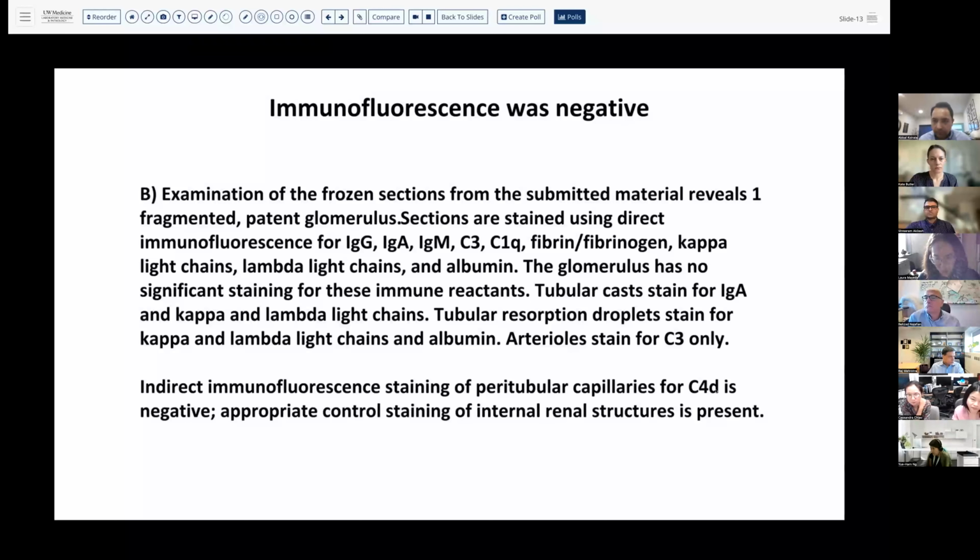And so in this case, this is an example of a negative immunofluorescence report. It sounds verbose, but we want to make sure that we're describing all the features and stains that we do, and that we are describing all the structures that are relevant in the kidney and whether there was any staining or not. You will note that we highlight some staining that is to be expected. For example, tubular casts will routinely stain for IgA and kappa and lambda light chains. That serves as an internal positive control, which tells us that our antibodies are actually working. Blood vessels will routinely stain for C3 as well. And this is kind of an expected staining pattern that tells us that our reagents are working